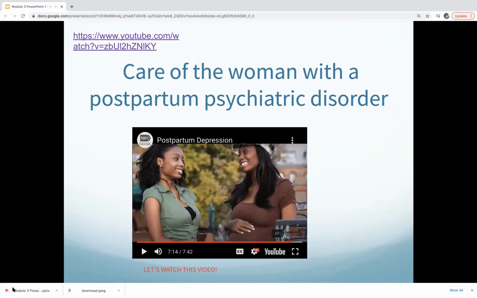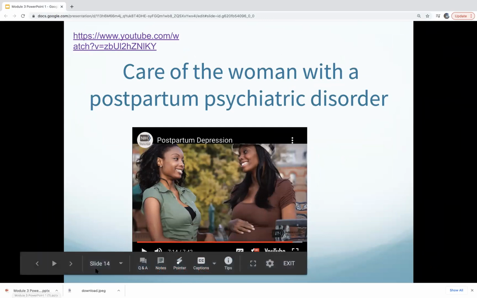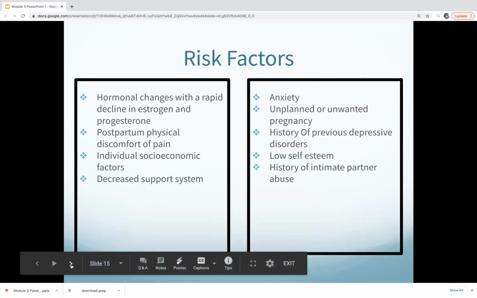All right, so that described a woman that was going through postpartum depression. And we're going to talk about the different types. You have what we call the baby blues, postpartum depression, and the doctor on that video alluded to postpartum psychosis. So keep those three terms in mind. Some risk factors: